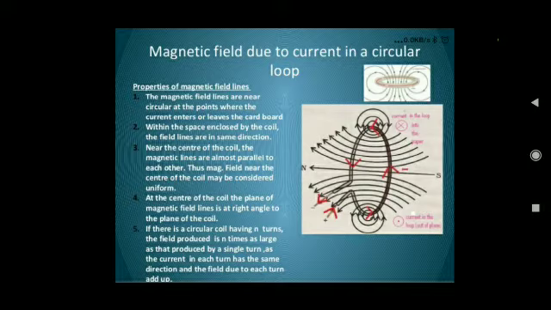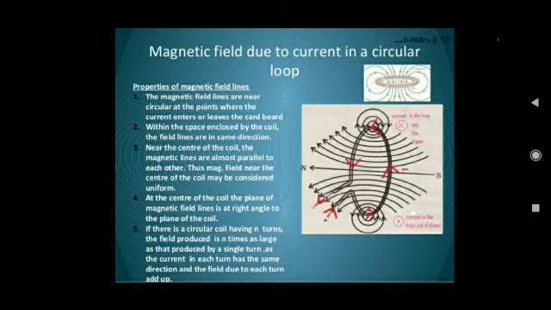So you have taken a circular coil and you have passed electric current through it. You all are familiar that electricity produces a magnetic effect, and this is a very broad branch of physics, that is electromagnetism. So when current is passed through a circular loop, you can see here we have considered 2 points: one with current in the loop into the paper and one with current in the loop out of the plane.